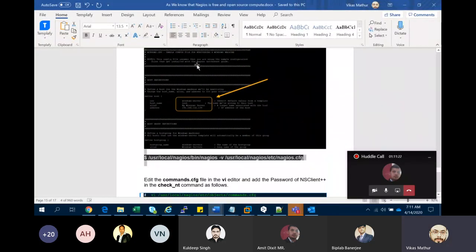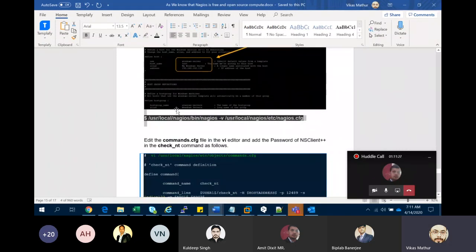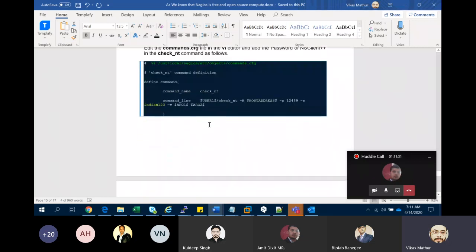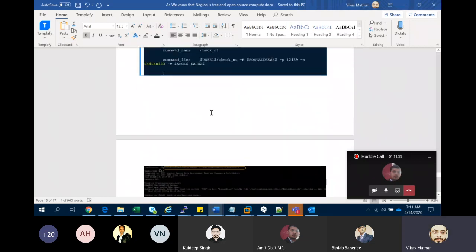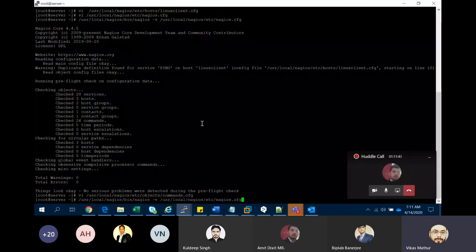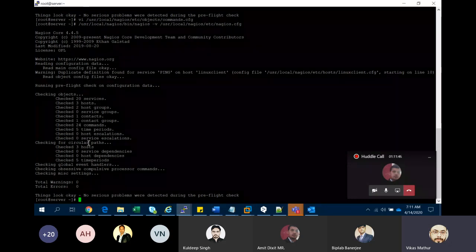Place all the configuration in this Windows host file, mentioning the password. If you execute this command, it's the same command, and you will find the configuration. Are there any errors? You will find there are no errors.